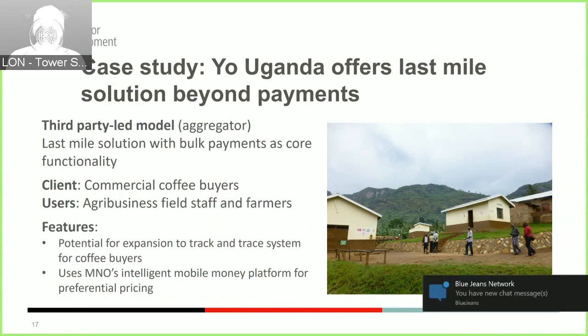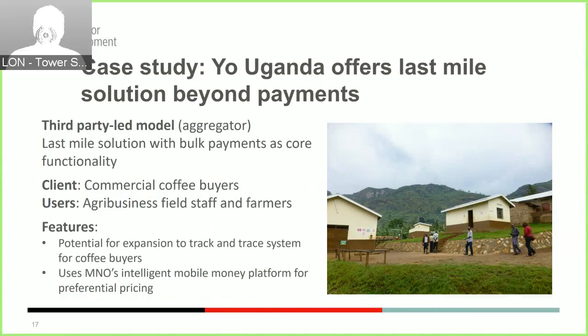And all this data is used to calculate production estimates, essentially, for the agribusiness, for the farmers enrolled in the scheme. So in addition, I would say that also for certification and traceability purposes, the platform stores data on soil quality, type of coffee that is produced in each farm. So while we can't talk in this case of a fully fledged track and trace solution, it is clear here